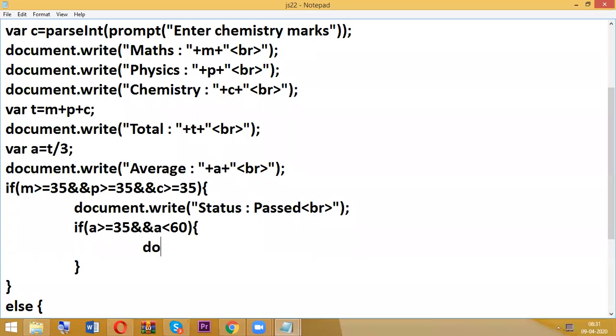So here I am going to display the grade, document dot write grade C, whatever.